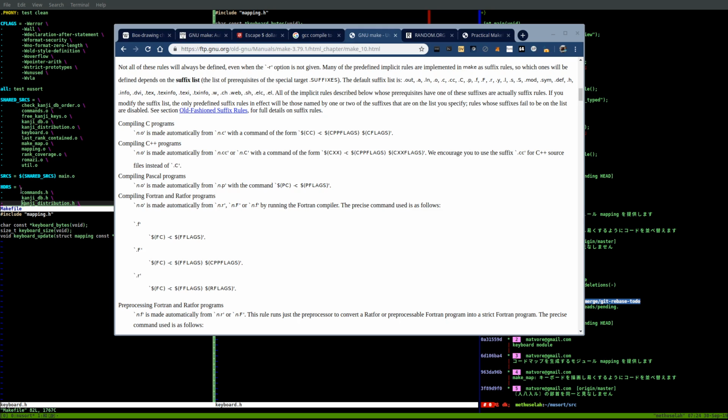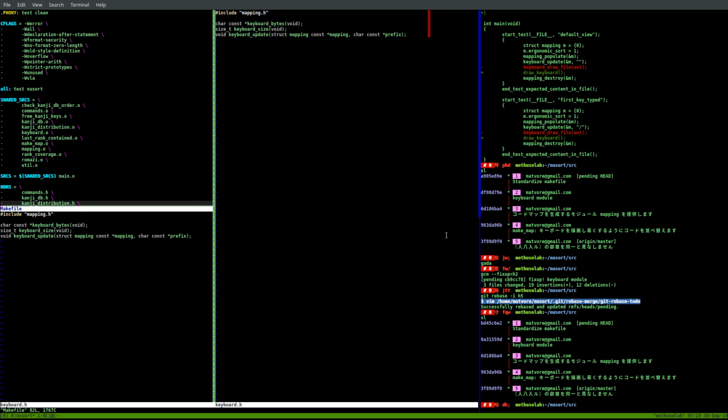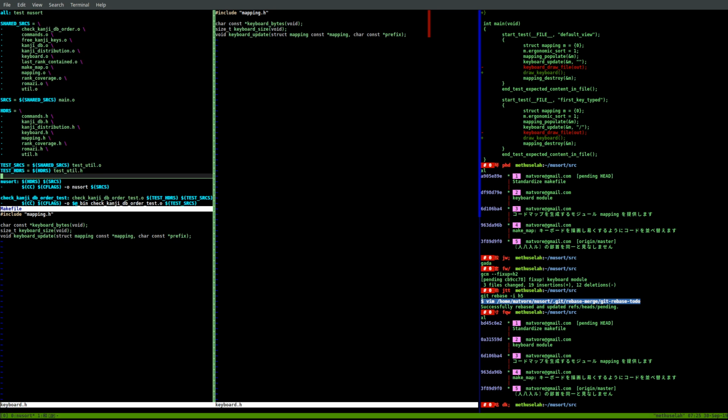Okay, so I was trying to figure out how to make the header files cause a recompilation of the sources, and the best way I can figure is to take whatever the implicit rule is to compile C programs and redefine it, but add the header files to the dependencies. And this means that any change in a header file is going to change the sources that must be built, but that's good enough, I think. So for now,